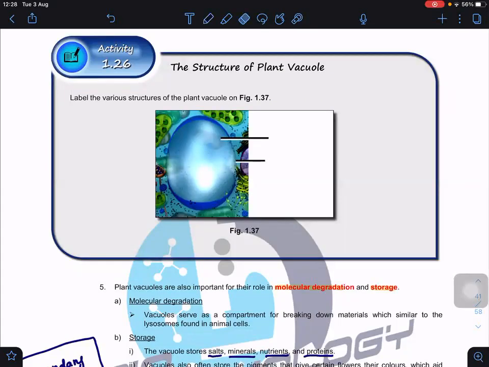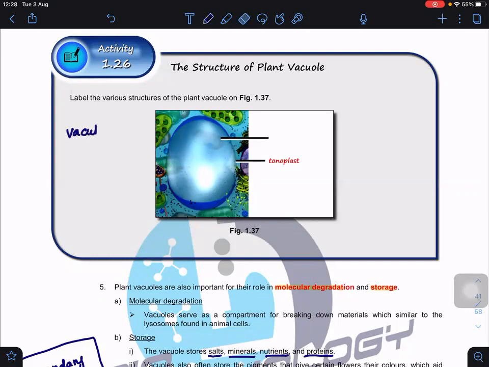So let's look at the structures. Look at this first. We do have this membrane. The membrane of the plant vacuole is termed as tonoplast. So right now,